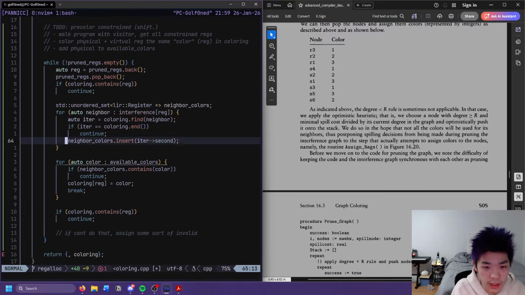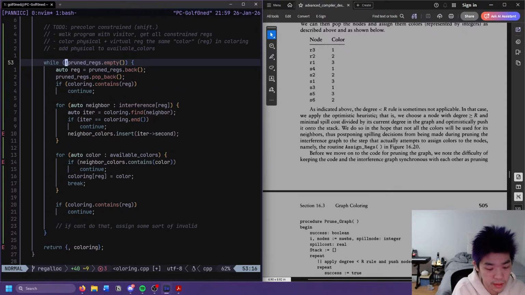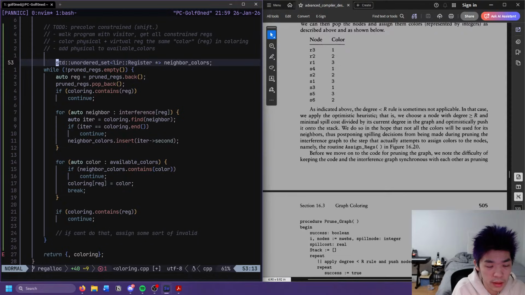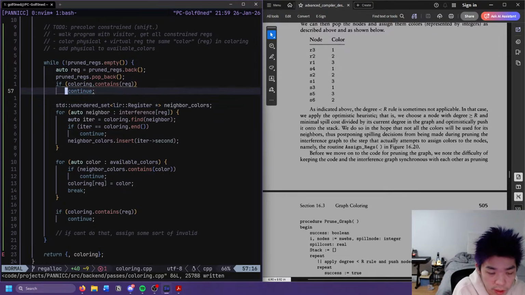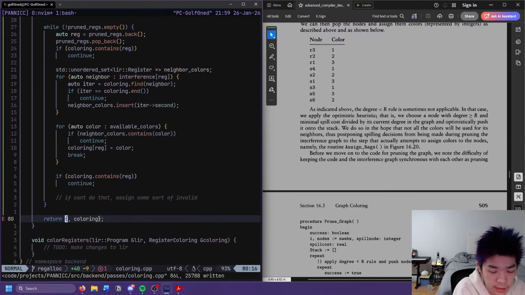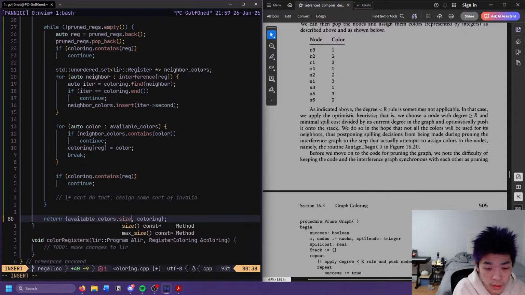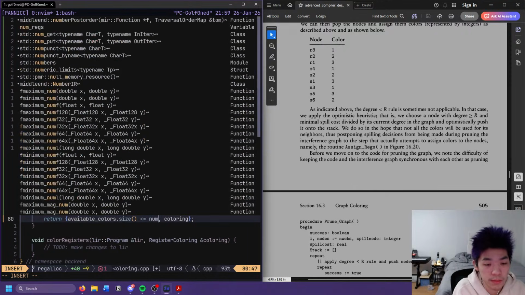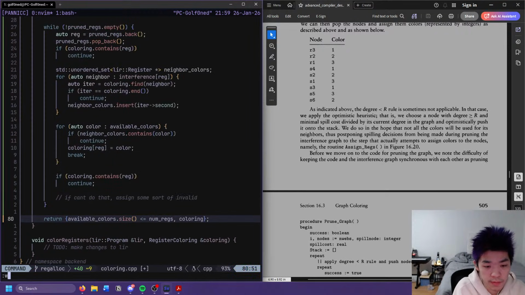We need neighbor colors somewhere outside, I think. Right? Wait. No, not neighbor colors. Available colors. Yeah. So we want available color size. So if that's less than or equal to num regs, that's good.